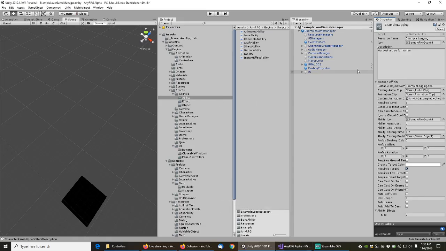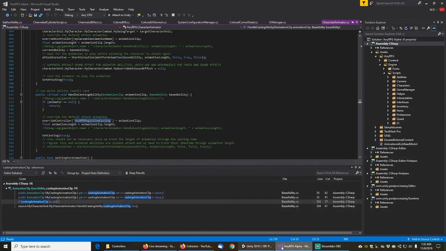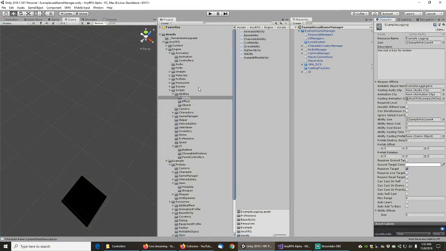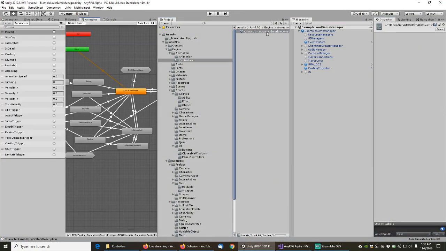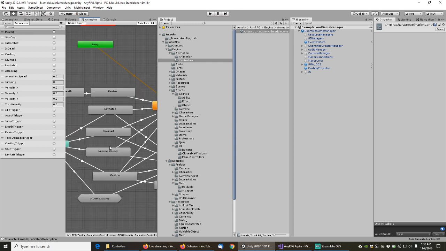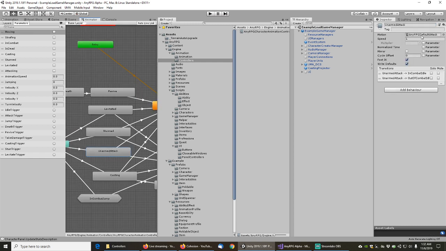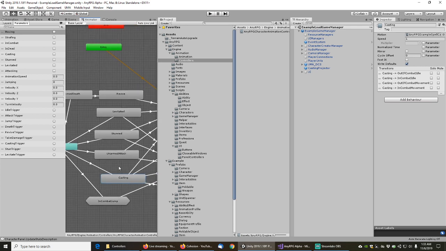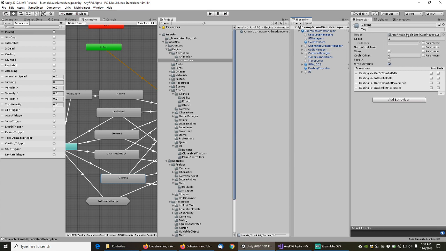I think for now, I'm just going to do it the same way that I do with the default attack. So if we look at the animator controller here, we have an unarmed attack, which is called AnyRPG Default Attack. And I think we should maybe name this AnyRPG Default Cast. So